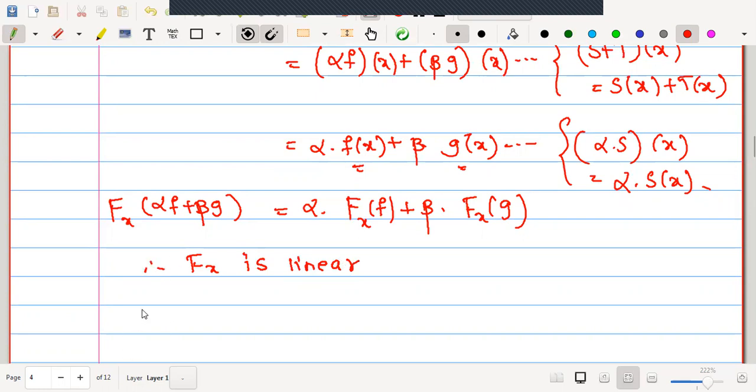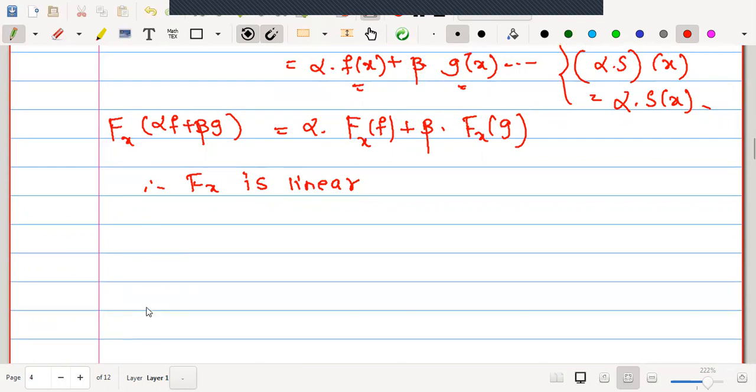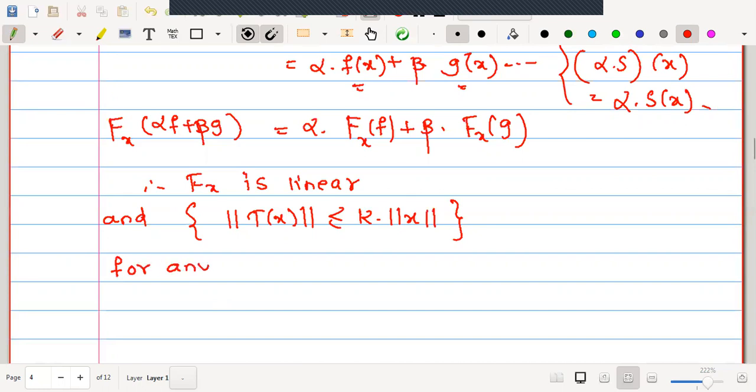Now we will go for proving boundedness. Now for proving boundedness, what kind of inequality one should prove? Let me just recall. T is said to be bounded if norm of T of x is less than or equals to some fixed constant into norm of x. This is the inequality we are aiming to prove. Now for any f in N star, what do we get? Now here instead of norm, we are starting with modulus as usual because we are having the scalar valued function.